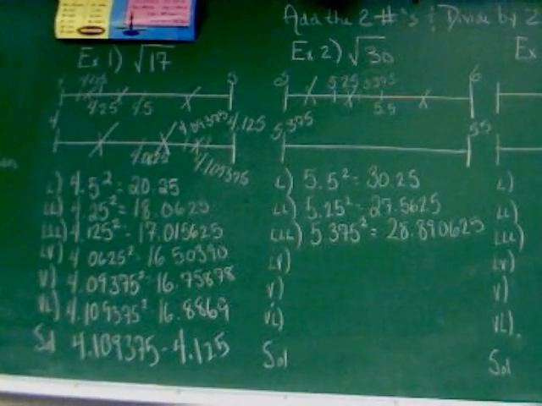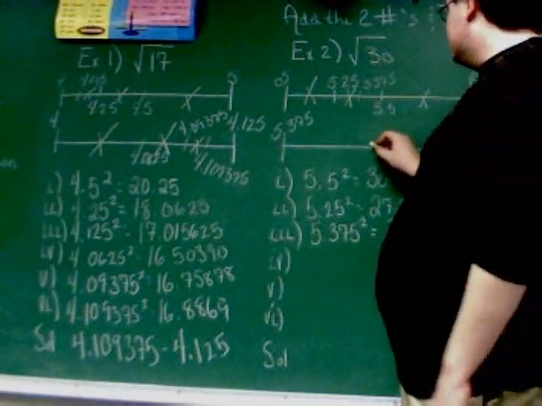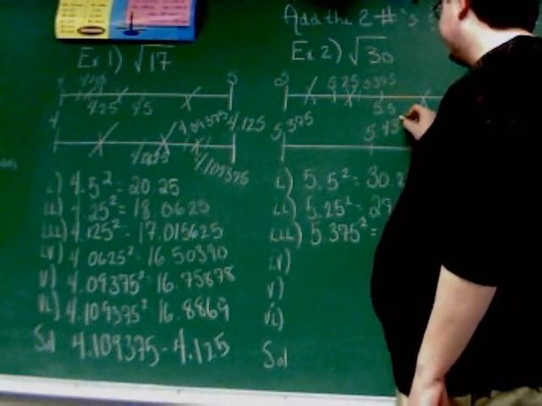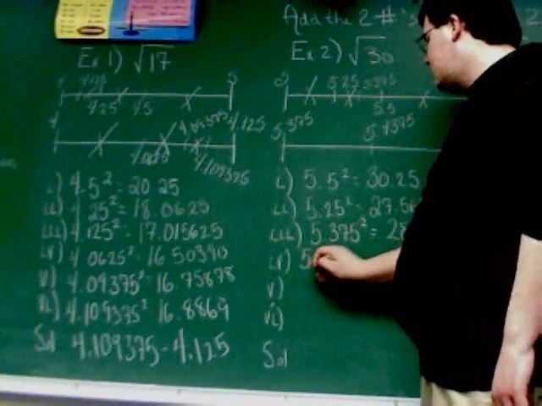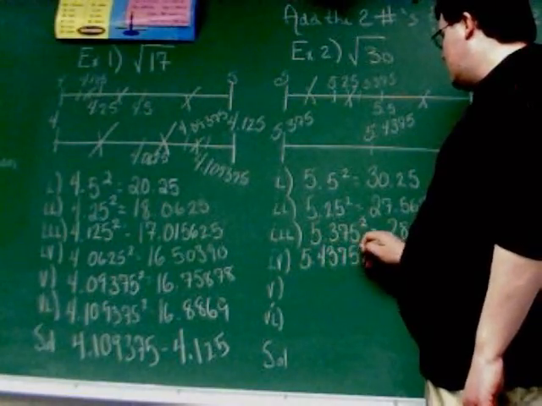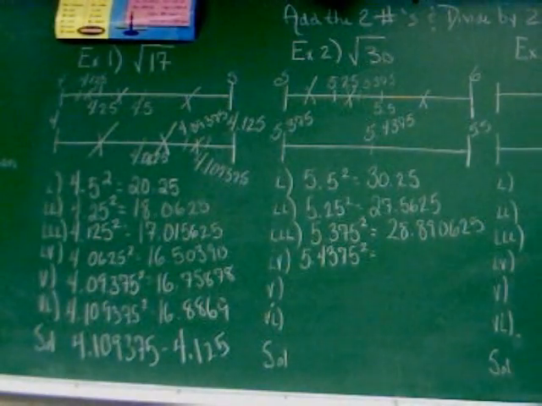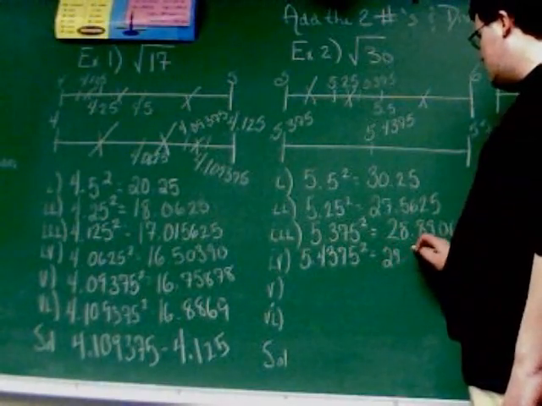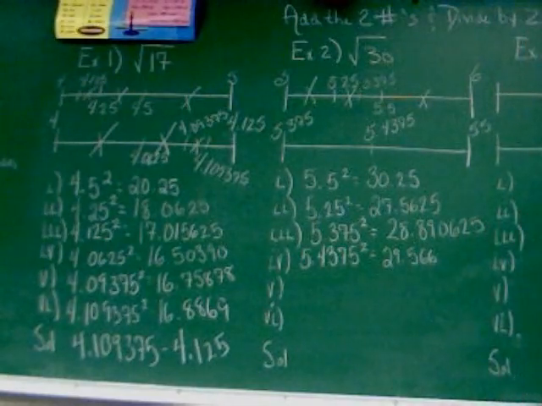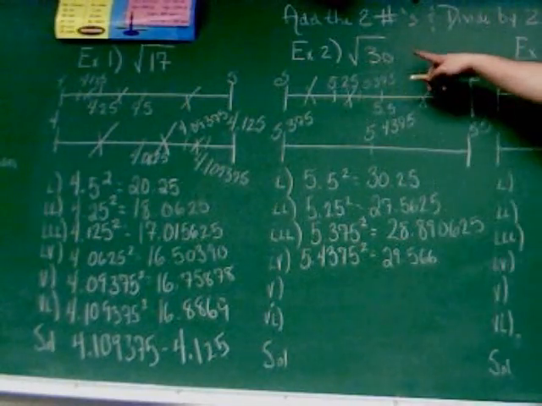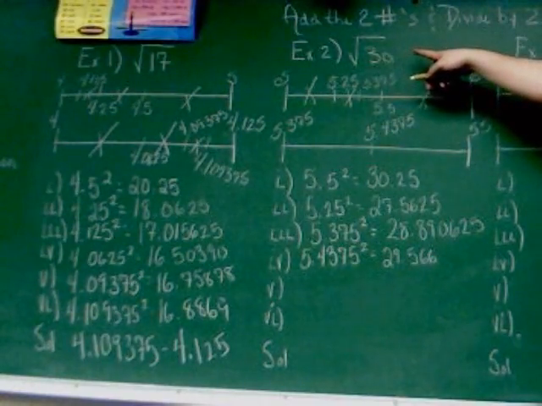Okay, so now I'm looking for the number that's halfway in between 5.375 and 5.5. Again, put my fingers on the 0.375 and 0.5, hold the middle and read right. And this one ends in 0.4375. So 5.4375. Take 5.4375 and square it, and I get 29.566. And I'm getting closer again. I'm coming back towards 30, but still too small. This is still way too small. So I've got to cross